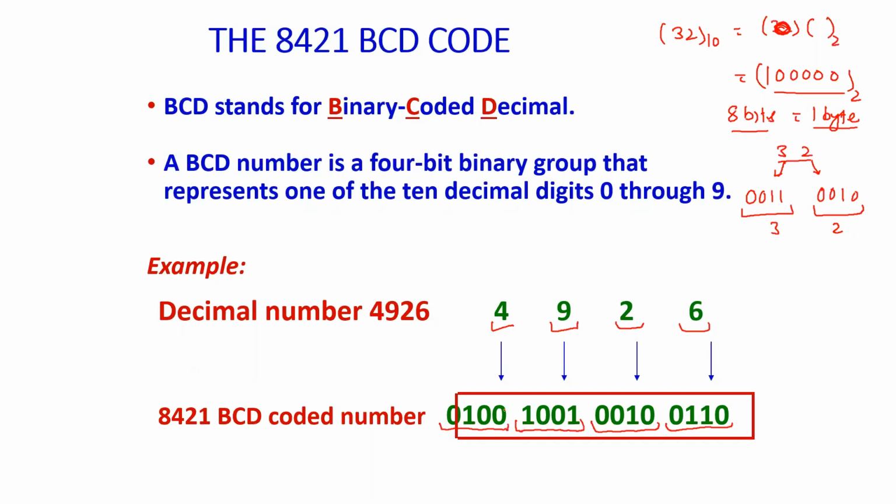So quite simple, and this makes your life a little bit easy as far as the conversion is concerned. Otherwise, you have to go for the unlimited number of bits. And also the other thing that is important is every time conversion is required. But here we know that these are the things, and we can easily convert them into BCD. 0 to 9 is required, not more than that.